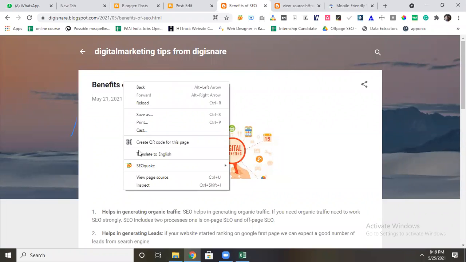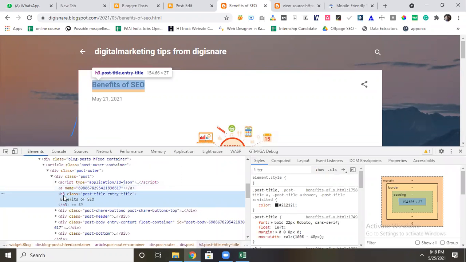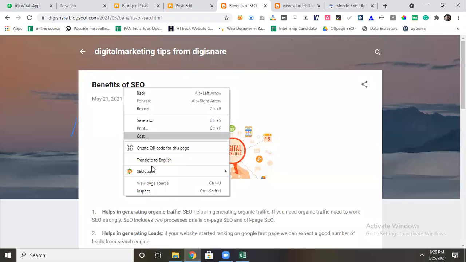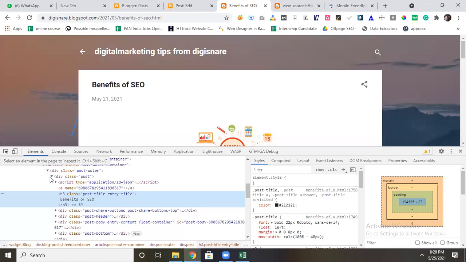You have to right click here and do inspect. Okay, you can see it is telling which tag it is using here. Okay, by default from Blogger, it is coming, they are using the H3 tag. Whichever tag is there, we can see it here. Means Blogger people used H1 here. Okay, sorry, H3 they used. What you have to do, I will give the example. Right click, inspect, whichever location it will come, it will tell here.